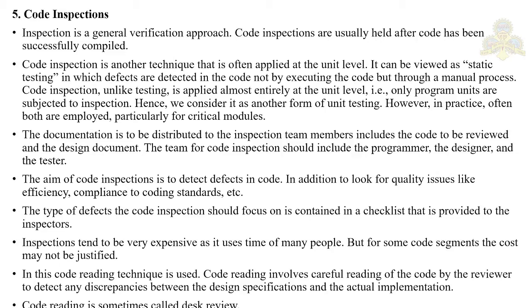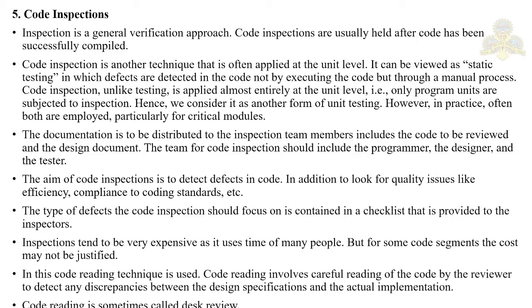Some of the characteristics of inspections are: the first one, code inspection is conducted by the programmers and for the programmers. Next, it is a structured process, that means it has defined roles for the participants. The third one is the focus is on identifying the defects but not fixing them. And the last one, the inspection data that you have collected is recorded and used for monitoring the effectiveness of the inspection process.